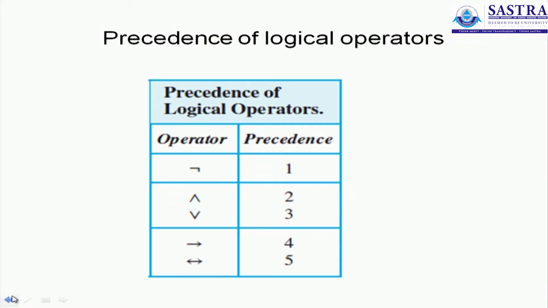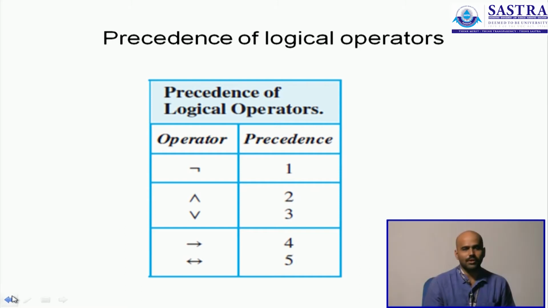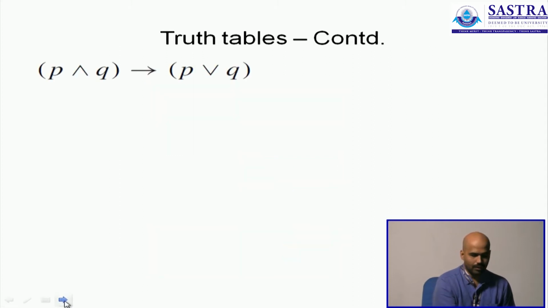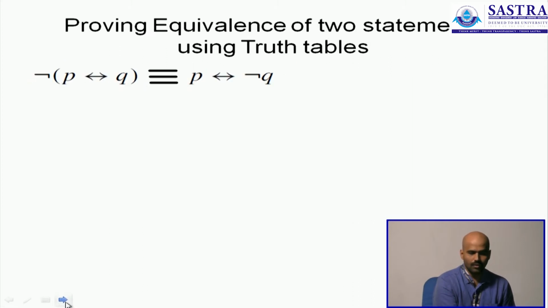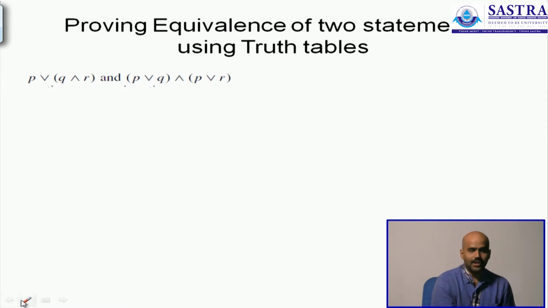We also had a look at this idea of a precedence of logical operations in a compound statement. We understood what we mean by a tautology or a contradiction. We classified some given statements into tautologies and contradictions. Any compound statement cannot be both of these. We saw that it can either be one of these, or it can be neither of these. We had a look at all such examples, and then we had a look at the idea of two compound statements being equivalent.